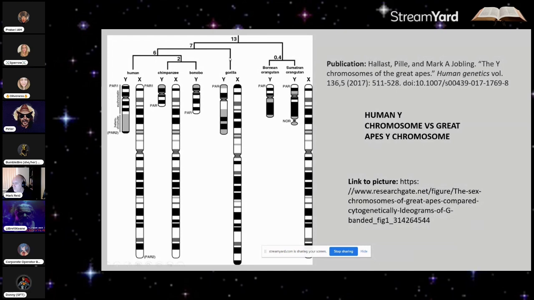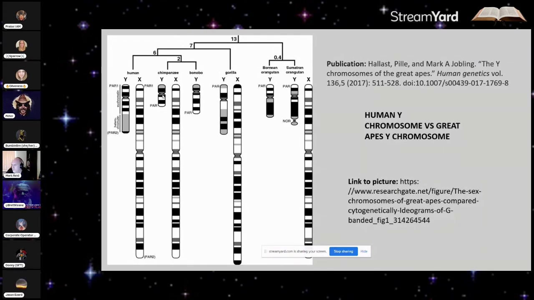And the human Y and the gorilla Y, you can notice here, if you compare them, they're actually more similar to each other than either are to the chimpanzee Y. And so there's an inconsistency in the nested hierarchy. And so basically my argument comes down to a case for separate ancestry. We would argue that humans are independently created, separate from your other great apes. Evolutionists or taxonomists would say humans are human great apes, chimpanzees.